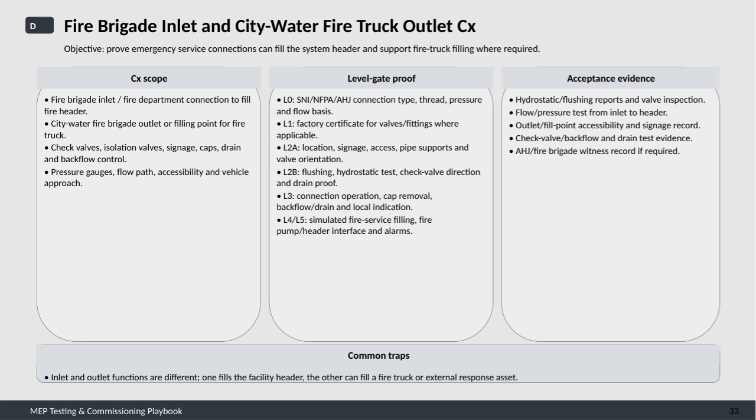2A focuses on location, signage, access, pipe supports, and valve orientation. 2B covers flushing, hydrostatic testing, check valve direction, and drain verification. Level 3 moves into operational checks such as connection operation, cap removal, backflow and drain functionality, and local indicators. Finally, Levels 4 and 5 simulate actual fire service filling, including fire pump and header interface testing along with alarm